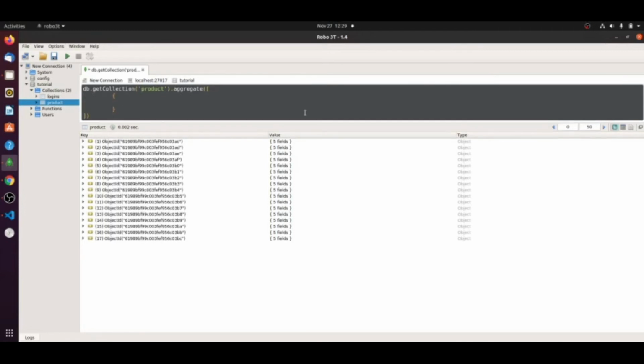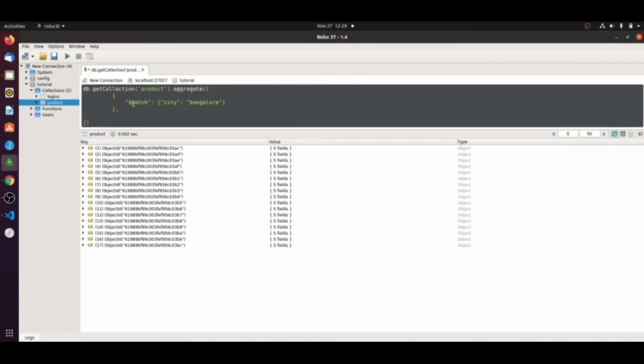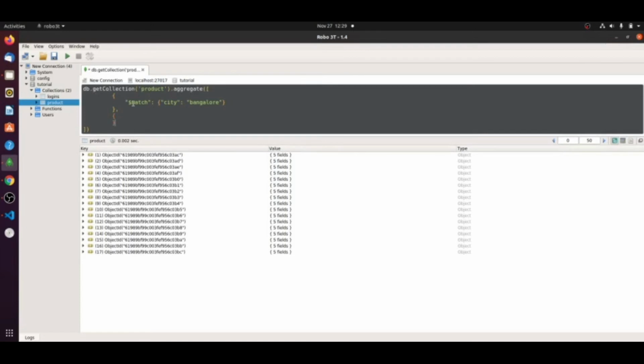Each stage starts with curly braces, and inside the curly braces, first we'll match the document. So it is Bangalore. This is the first city. Sorry, this is our first stage.